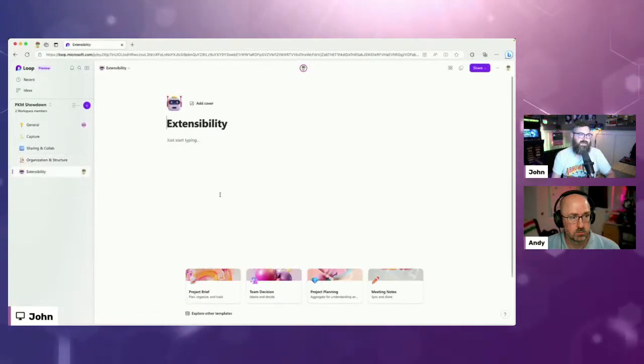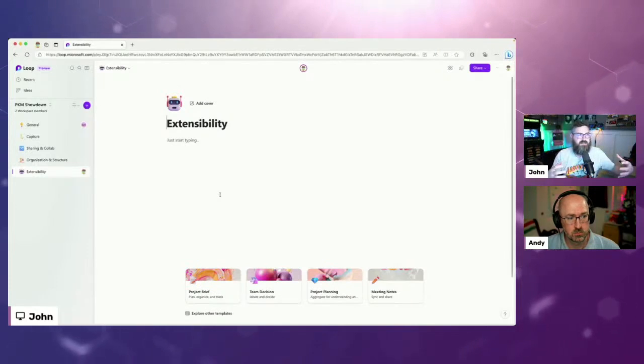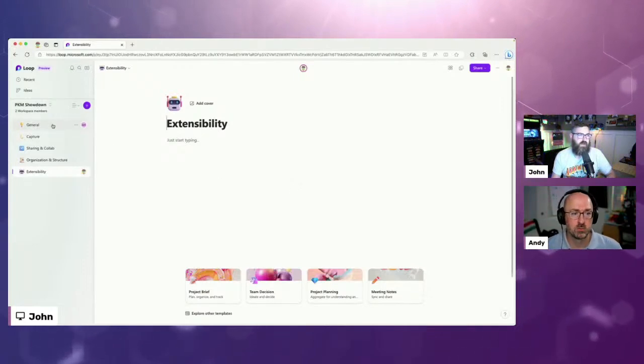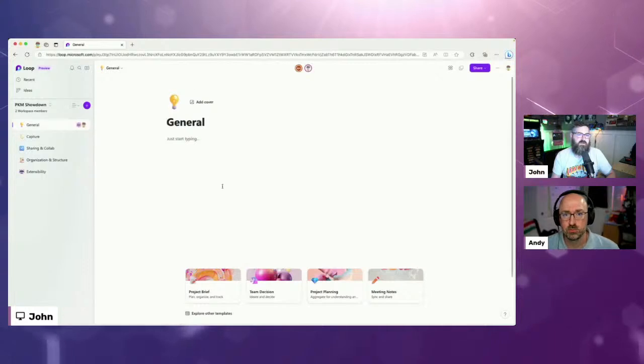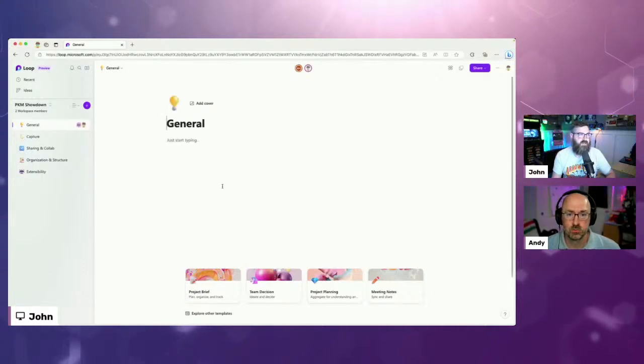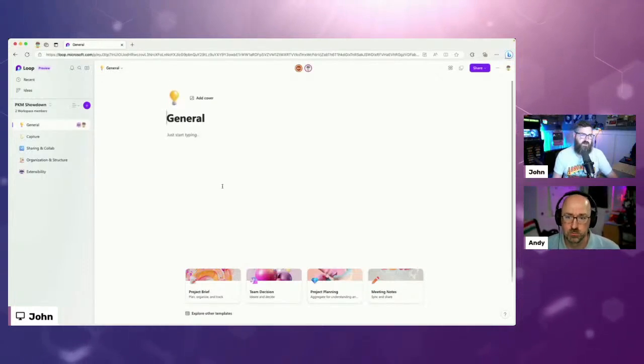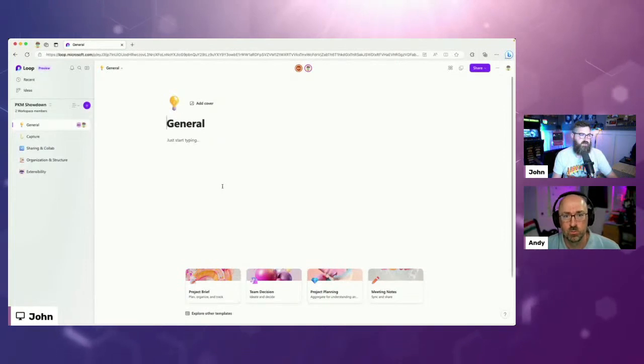And then finally, extensibility. How do we get things connected in different ways so that we don't have to copy and paste everywhere, and don't have to have 8 different apps open to get it into that kind of single pane of glass? So I've been thinking about this for a few months, and Andy, I think you've been doing this longer than me in finding what works best for you, right?